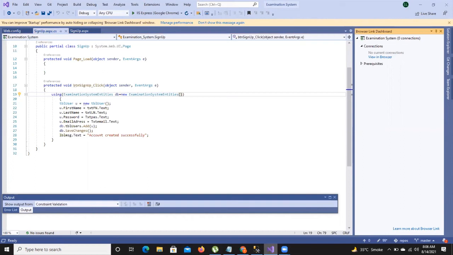Hello and welcome all. In today's lecture, we are going to learn how to create a login page in ASP.NET C#. In our previous lecture, we learned how to create a user registration form. When we created our form, our data was stored in a database. Now from that data, we want our user to enter credentials on our website such that,